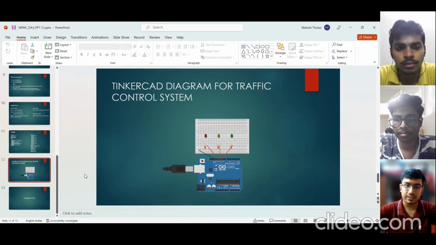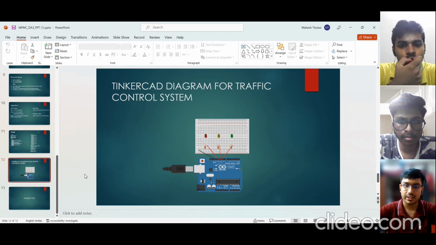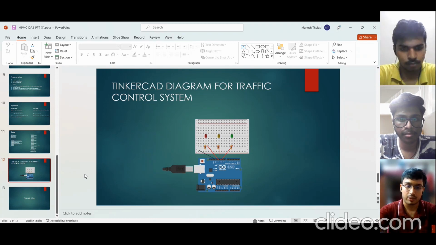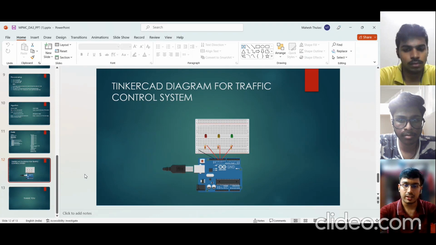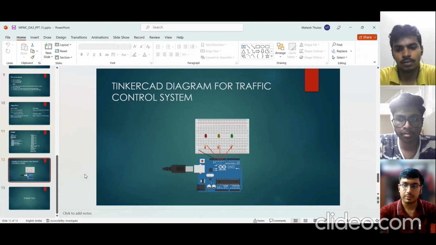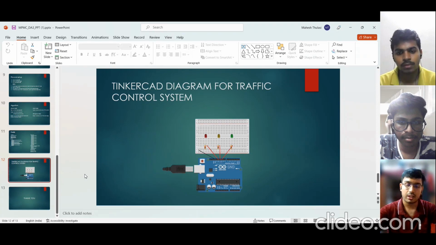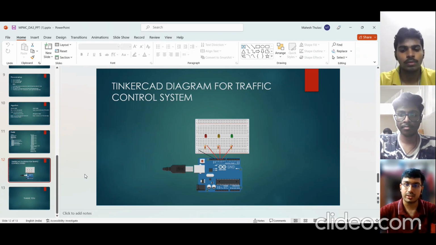You can have a look at this from the TinkerCAD point of view, because TinkerCAD is an easy simulation tool which helps everyone to code, simulate and see the results. Here you can see the breadboard, and the USB jack power jack is also connected, along with the jumper wires as mentioned by Mahesh, and three LED lights where pin 8, pin 10 and 12 have been connected, and the resistors are 100 ohms. The main aim was to write the code in